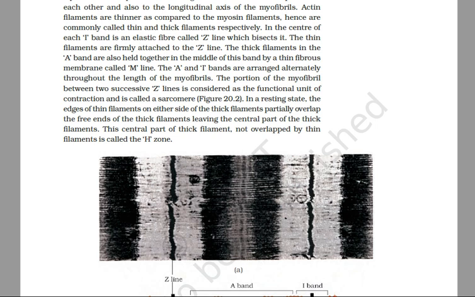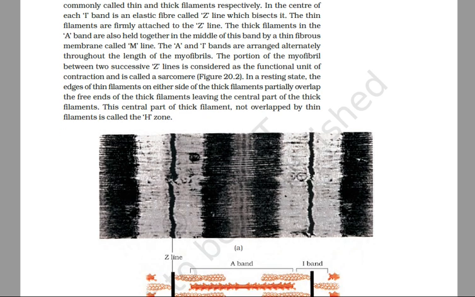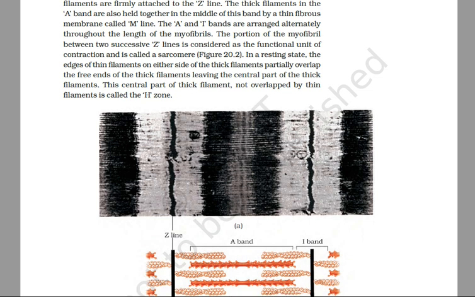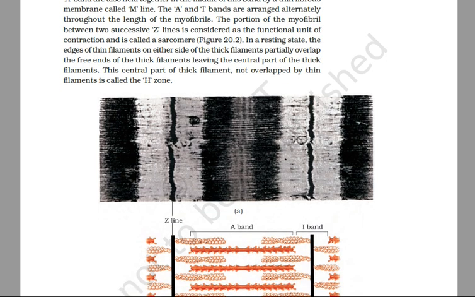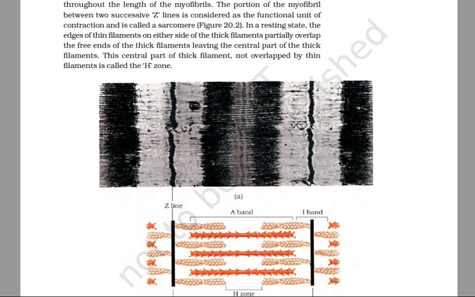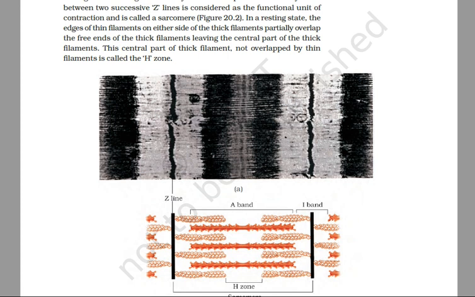And in the light area in the middle of the A band, there is a band called the H band, which is known as Hensen's band. It is formed when the muscle fiber is relaxed, meaning not contracted. In this condition, actin filaments are not overlapped, leaving a light, less dense area in the center of the A band. And in the center of the H band, there is the M line.